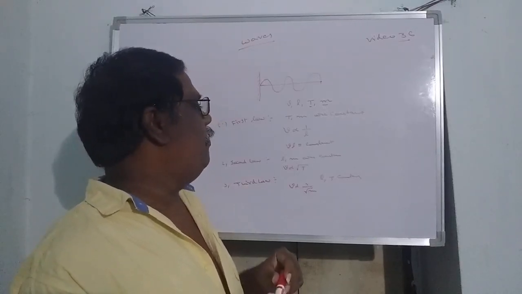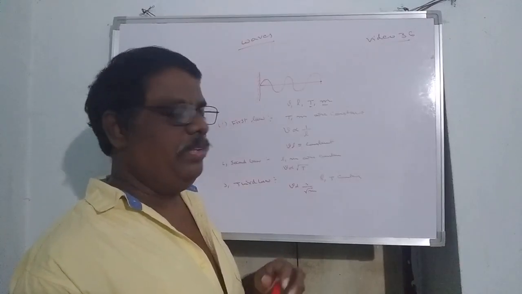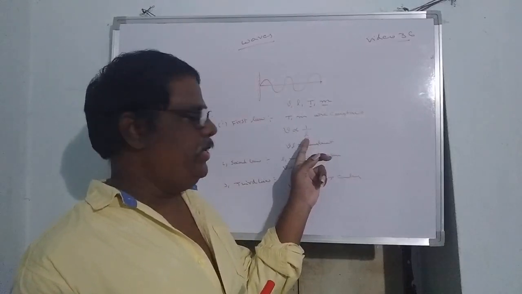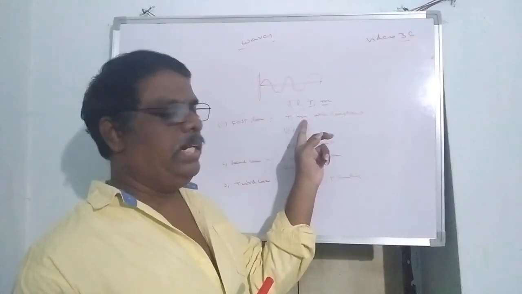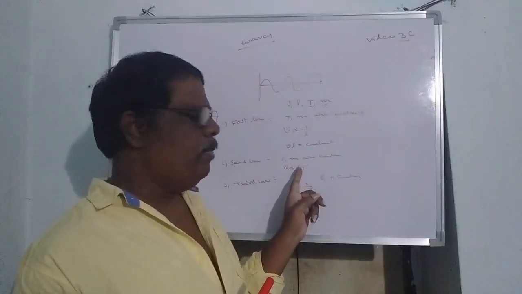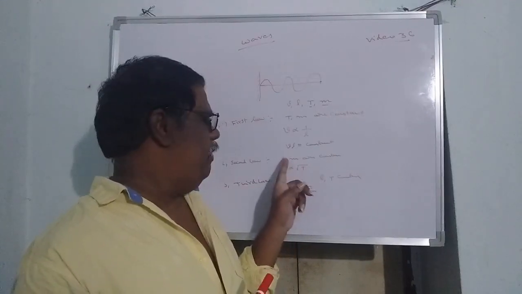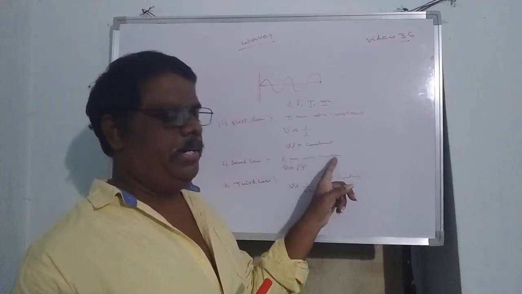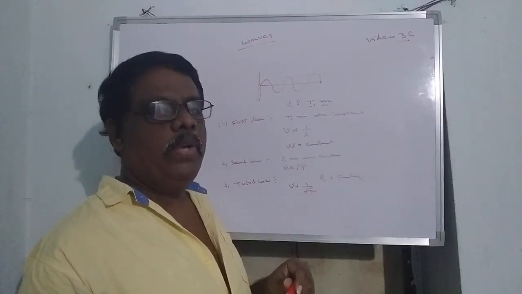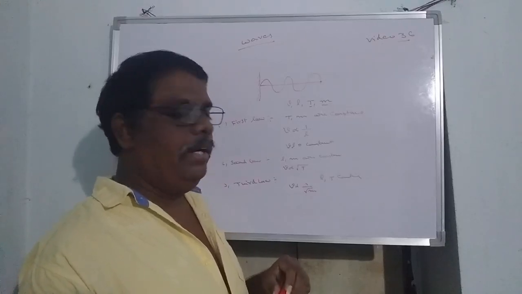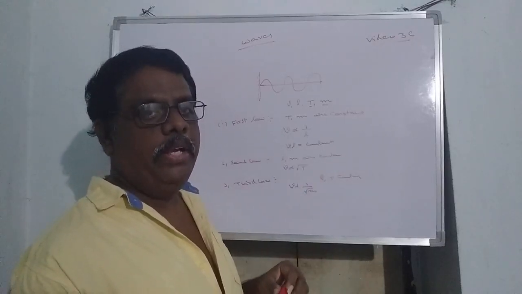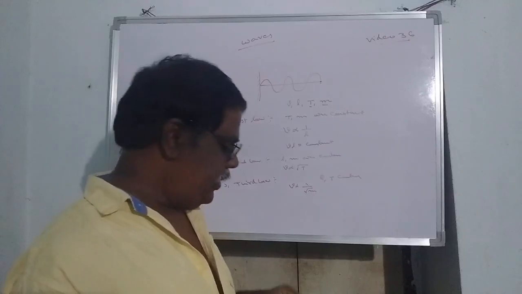So these are the 3 laws of transverse waves on the stretched string. First law, frequency is inversely proportional to the length of the stretched string when the tension or stretching force and linear density are constant. Second law, frequency is directly proportional to the square root of the tension when length and linear density are constant. Third law, frequency is inversely proportional to the square root of linear density when length and stretching force or tension are constant. These are the three important laws of stretched string, the laws of transverse waves in a stretched string.